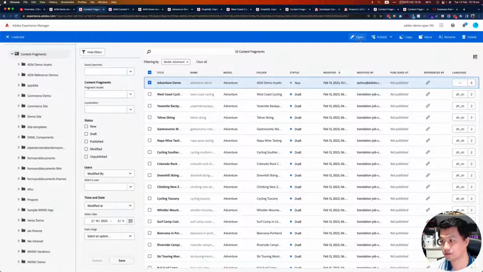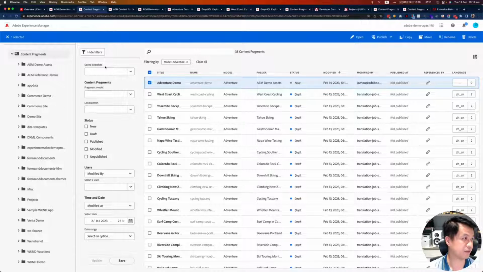When you hover over or select one of them, you will see we allow you to open it, which lets you directly edit this content. You can quickly publish or do a scheduled publish, and you can also copy and move. These are the functions we're trying to add in this UI, because we see this being the main interface for the headless content creator to use day to day.